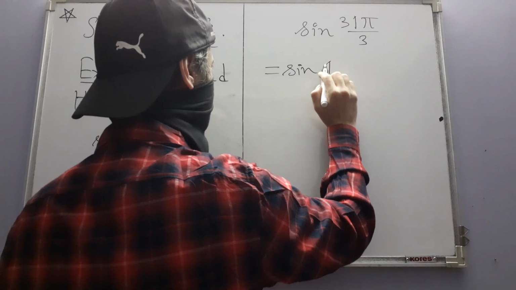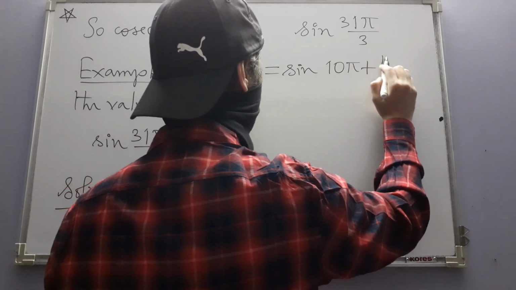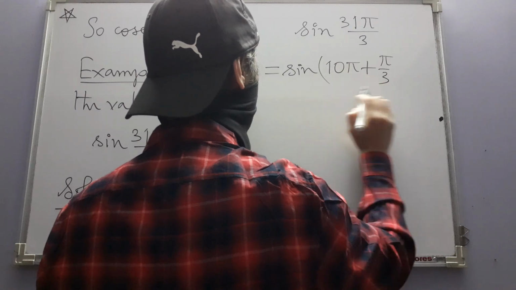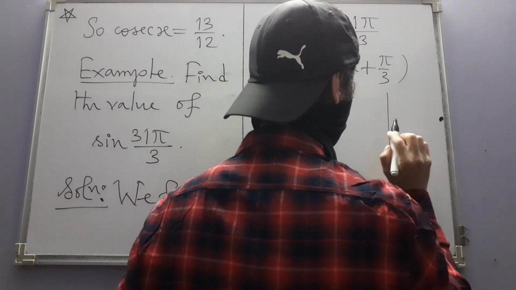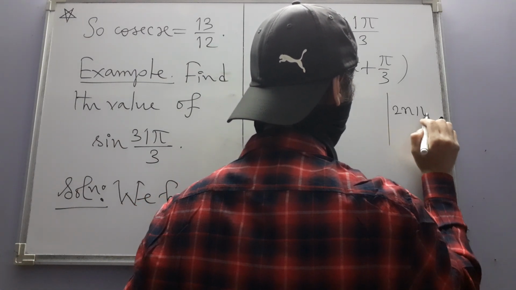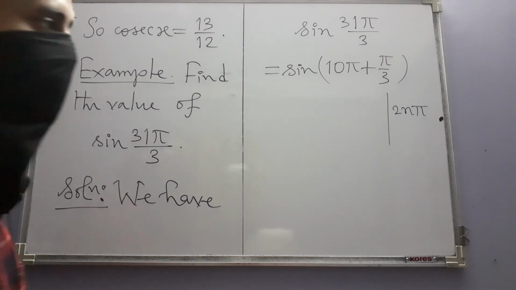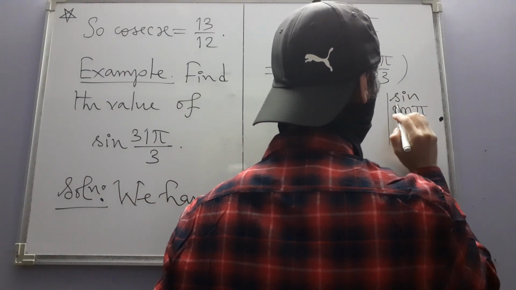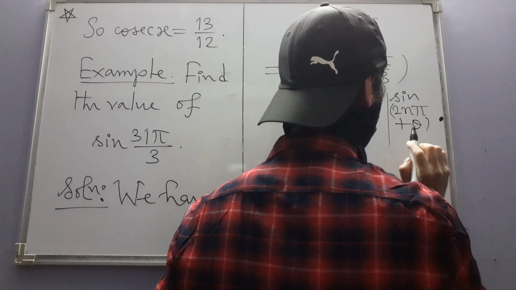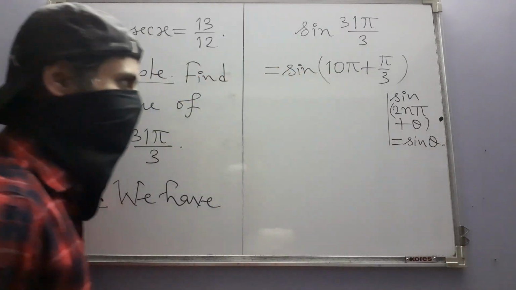You can check very easily, this is 10 pi plus pi over 3. Now 10 pi is of the form 2n pi, where n is 5. And we already know that sin of 2n pi plus theta is equal to sin theta,